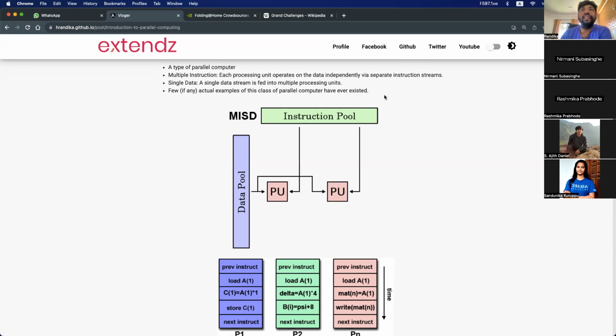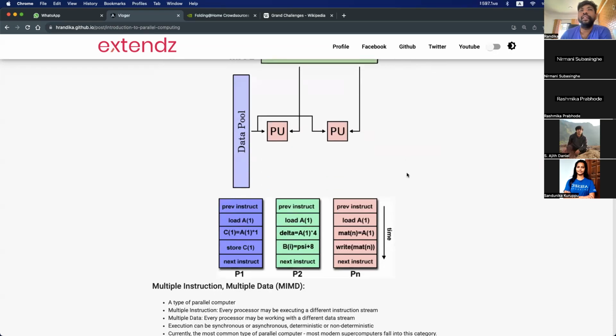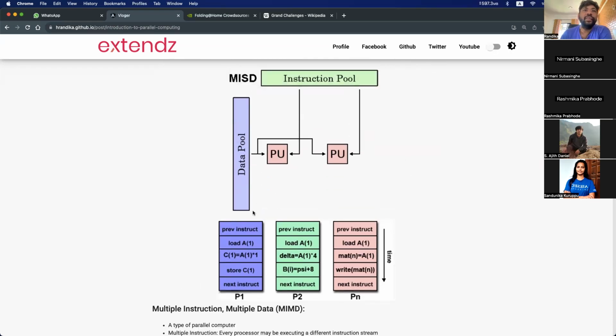Okay, let's look at the mental picture, or the picture that you will see in here. So as I mentioned earlier, the instruction pool will give instruction. So you can see that instruction in here. It is the same previous instruction, the load A. Okay, these are executing load A. That doesn't mean the instruction pool is giving all the instructions randomly. They can have the same one, but if you look at the instruction pool in here,